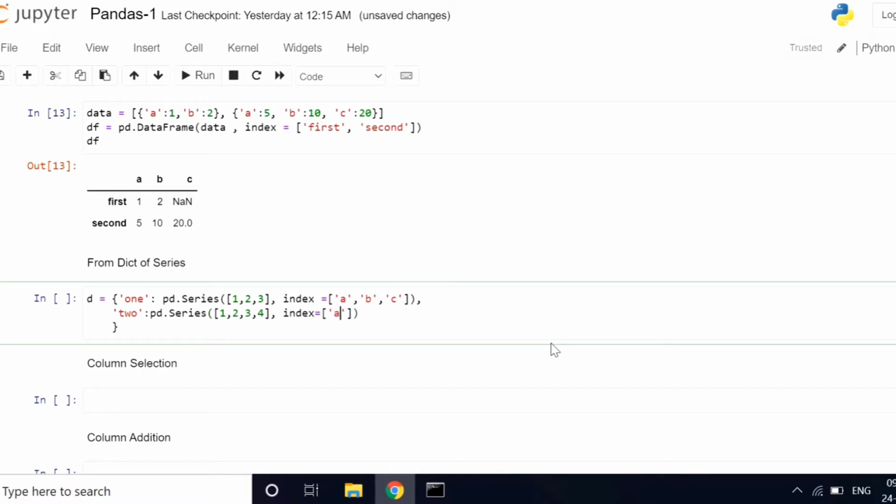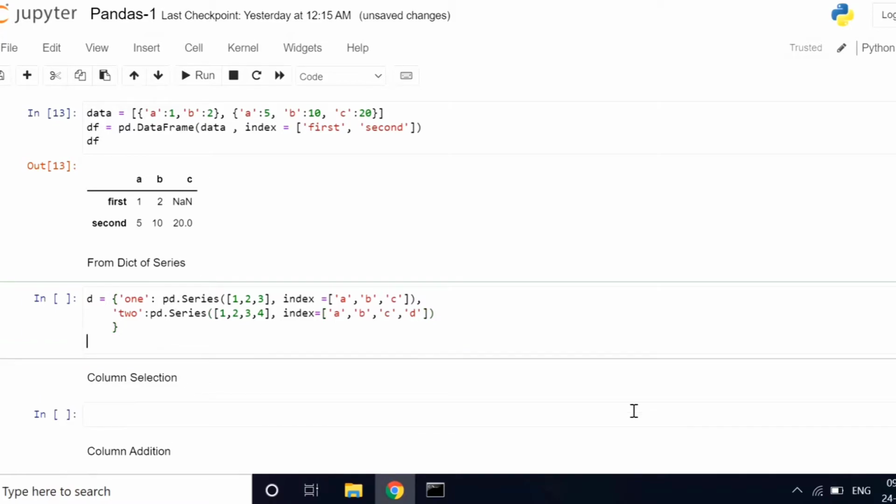A, B, C, and here we have given 4 values, 1 2 3 4, so we'll have to give 4 indexes: A, B, C, D, right? If we don't give it, first I'll show you, then I'll, okay,